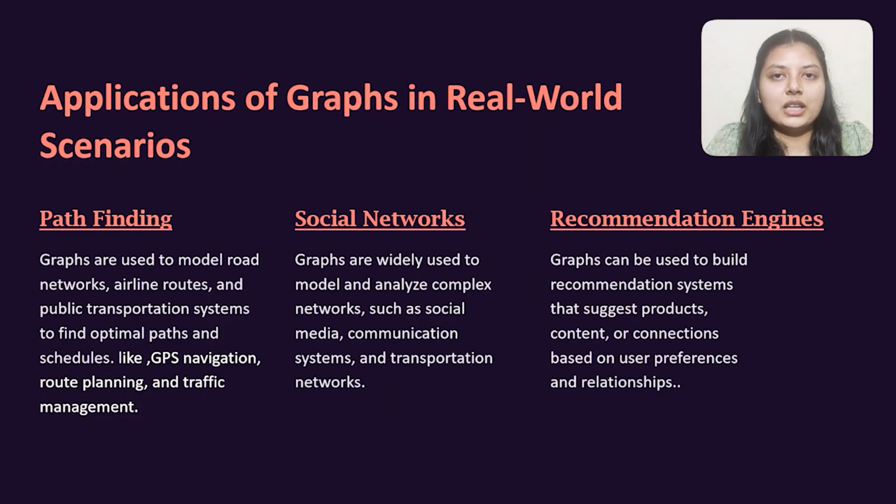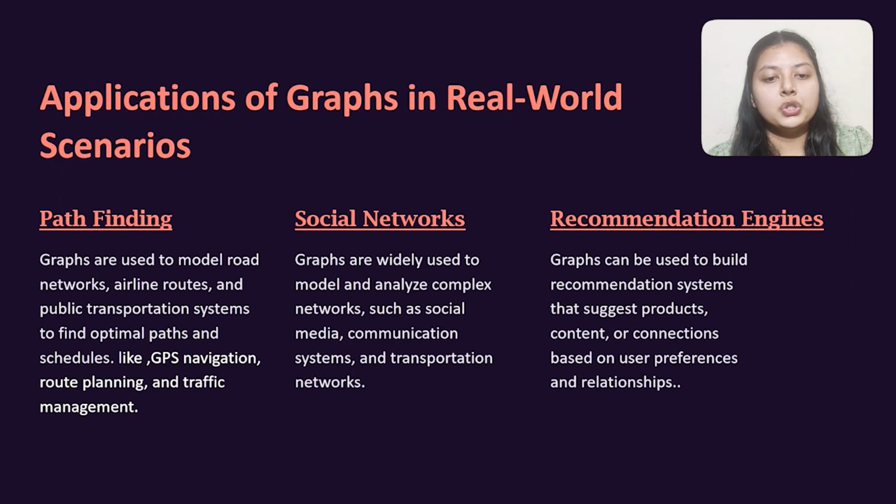So let's discuss applications of graphs in real-world scenarios. Graphs are used in pathfinding, social networks and recommendation engines. In pathfinding, graphs are used to model road networks, airline routes and public transportation systems to find optimal paths and schedules, like GPS navigation, route planning and traffic